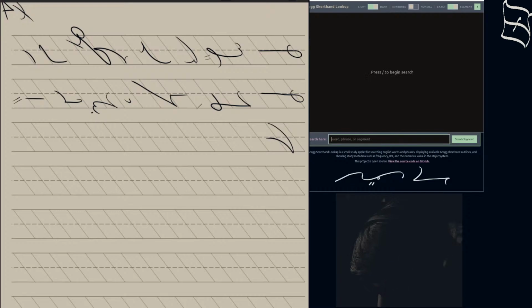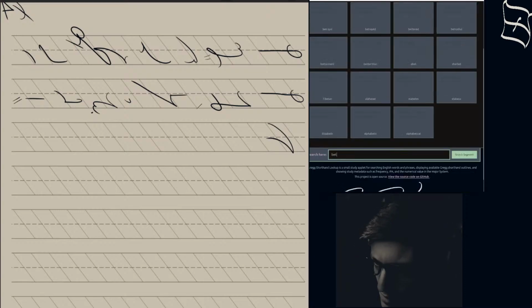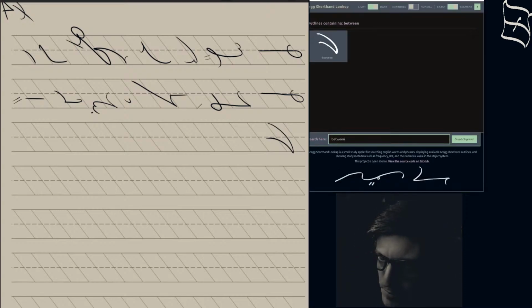So let's look up between. Nope, I was right. That's between. Instead of focusing on the in-between steps,